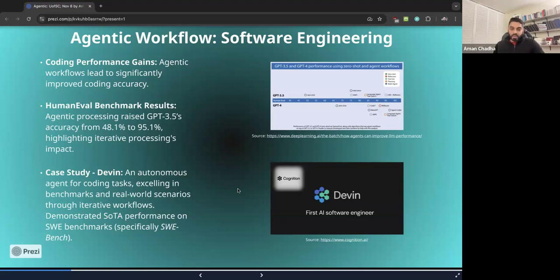They had some of the best results out there, and all thanks to an agentic workflow that they put together. So software engineering is about to transform itself as a field thanks to agentic processing. And like I said, because of how the task is structured and the way it lends itself naturally to chunking into various different components, which are essentially agents at the end of the day, that carry out unit test writing or system tests or even coding up the primary pieces of your code and putting it all together as an integration engineer as well. So all of these components can be modeled as agents.